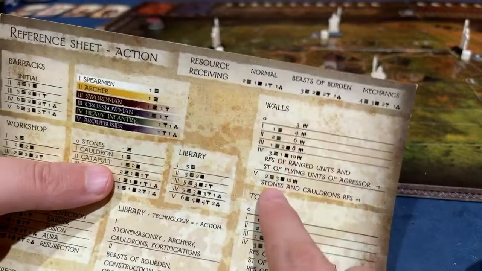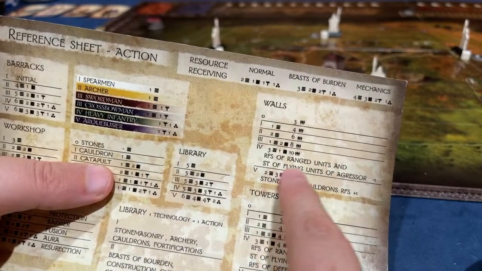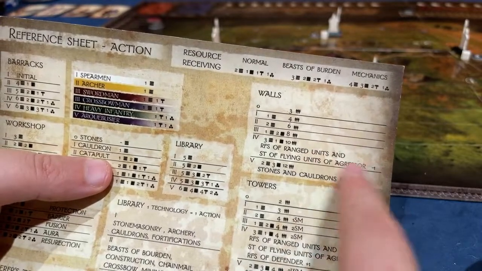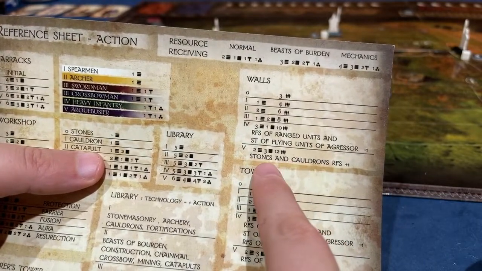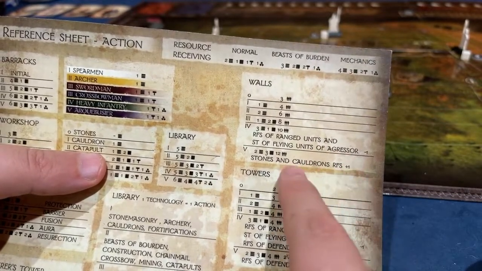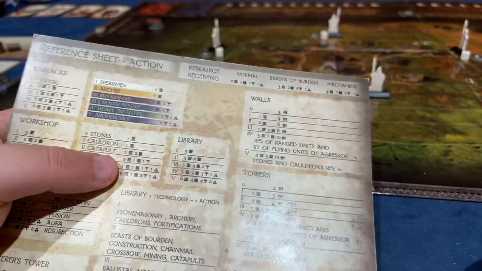And the walls do the same thing. So at level 4, the RFS of ranged units and strength of flying units get -1. That's good for us because it's bad for the enemy. And then when you get to level 5, the stones and cauldrons get a +1, which is very interesting. And then what's not written here is,